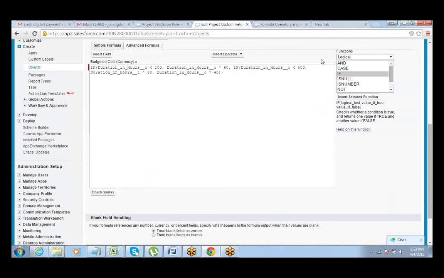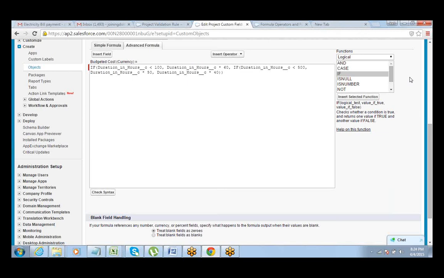Quick question: how do you think is the best way to practice these? Think of logic. The best way is, see, writing a formula is definitely not something which is expected out of a Salesforce developer. The concept of where the formula can be used, that is what is expected out of a Salesforce developer.